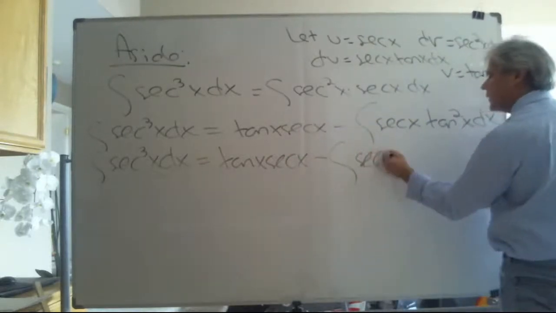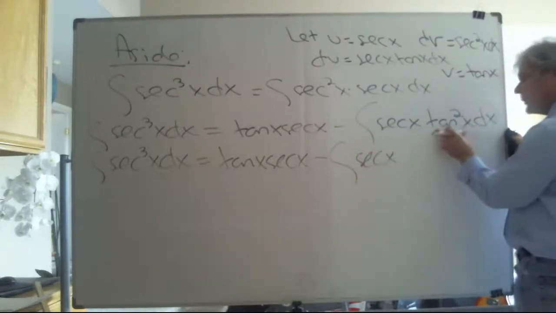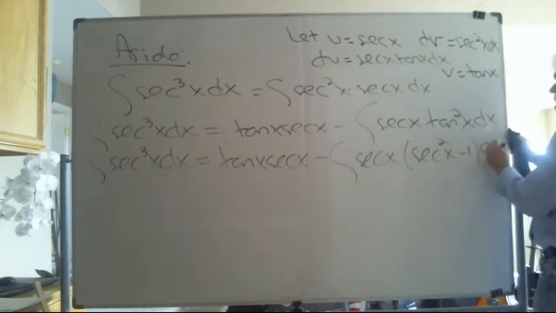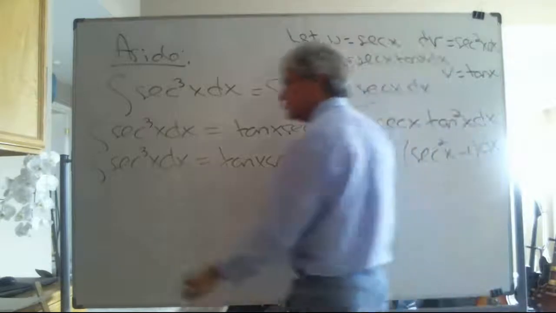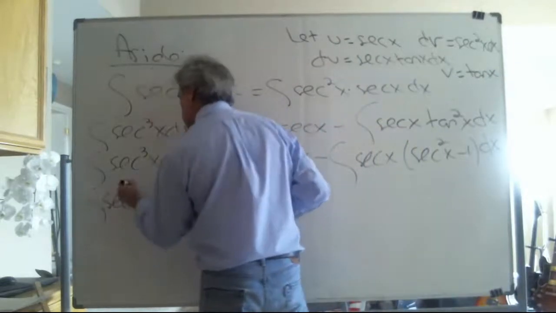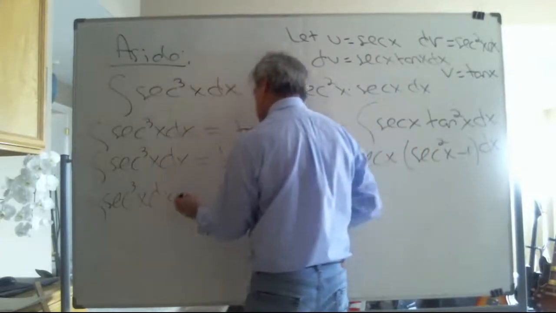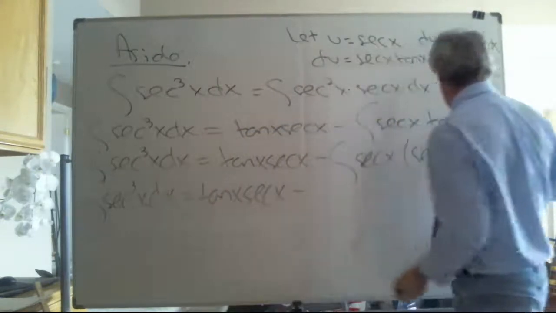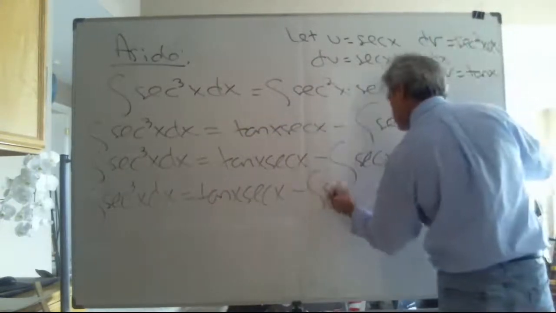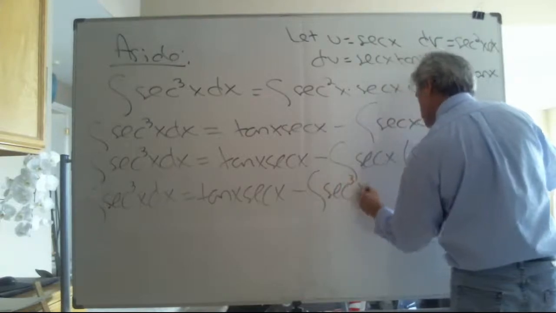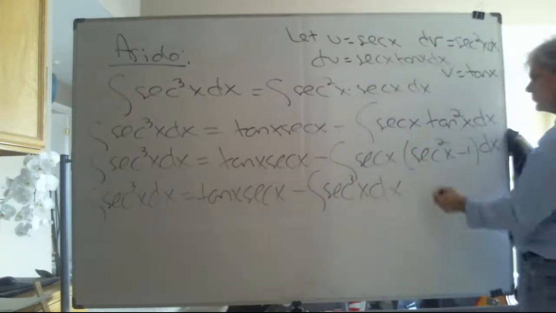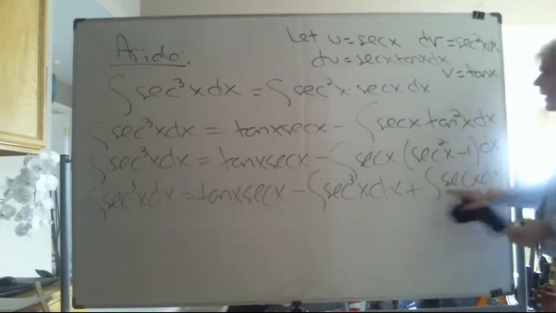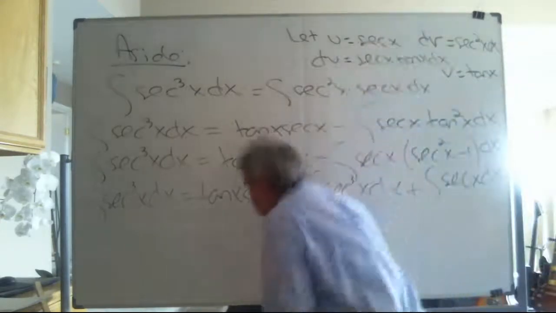Yet again, my second Pythagorean identity gives me another name for this. Adding this to both sides,